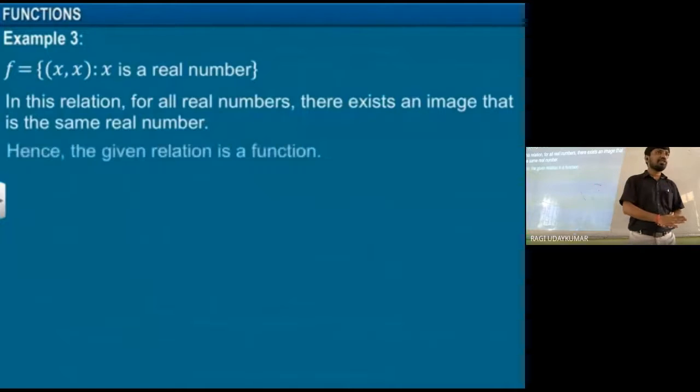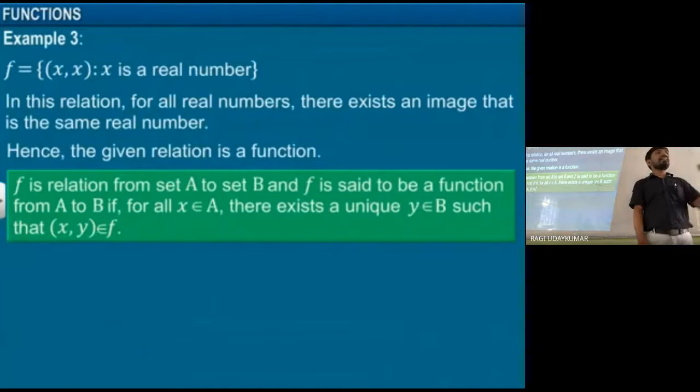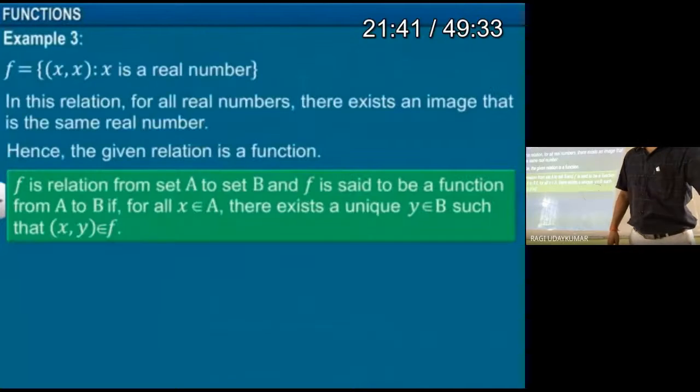So this type of function is actually called an identity function. We call this relation a function, and this type of function is called the identity function, that we are going to learn in types of functions. Types of the functions का topic में हम लोग सीखेंगे. But here one example is given to you. In this type of relation, every element is different here. A relation from set A to set B is said to be a function for different elements. This is the mathematical sentence form of the function.